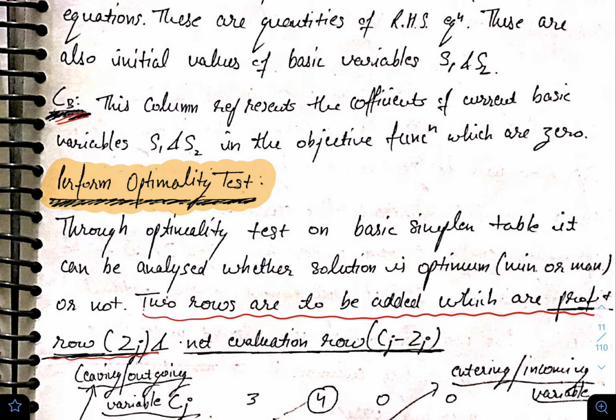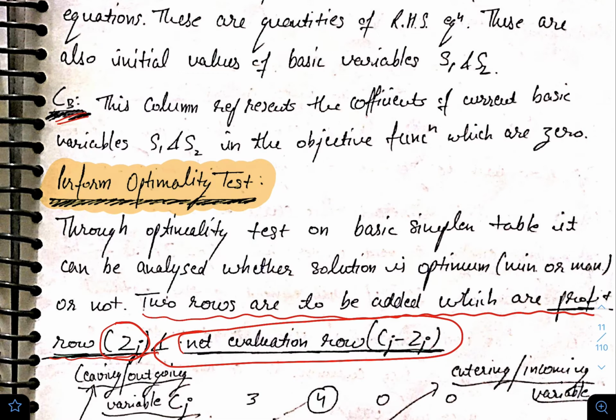Similarly here, the Zj row will always tell us the value of my objective function when I put in the values of x1 and x2. The problem we are solving here is a maximization problem, right? So in a maximization problem, our task is to maximize the value of Z. This was my first row that I will introduce, that is my Zj, or I will call it the profit row. The next row that I will introduce will be the net evaluation row.